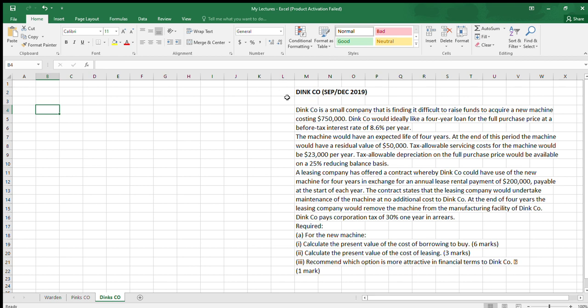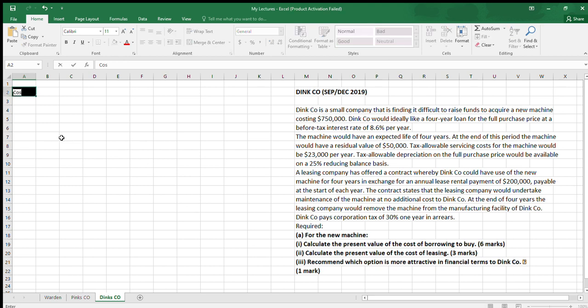So the requirements say for the new machine, calculate the net present value of the cost of borrowing to buy. So you have cost of borrowing to buy. Okay, so we bold it. So we bring our years, and from the question,